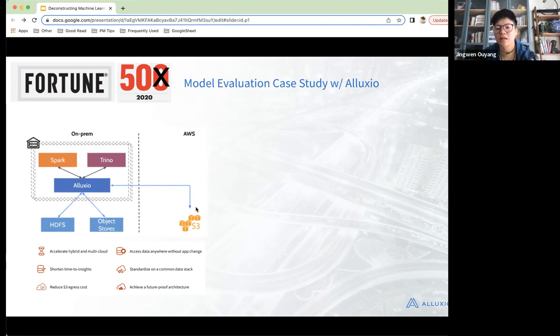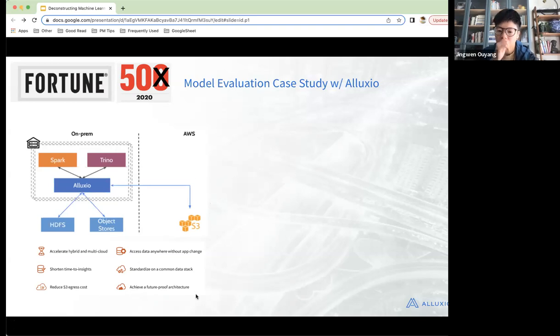Before they migrate everything to the cloud, they become this hybrid system. Sometimes we see that there's still importance of on-prem, so maybe people will never go all in on cloud. And if there's one cloud, sometimes they want multiple clouds, depending on cost and performance. This enables that just by pulling the cloud data into Alluxio. This shortens the time to insight, because with the cached data, even the cloud data becomes local. Again, we mentioned reducing the egress cost, and then we can access the data. So all of this was mentioned from before.